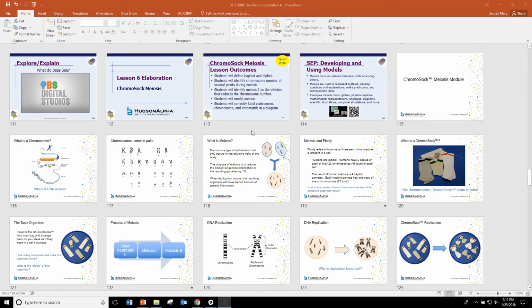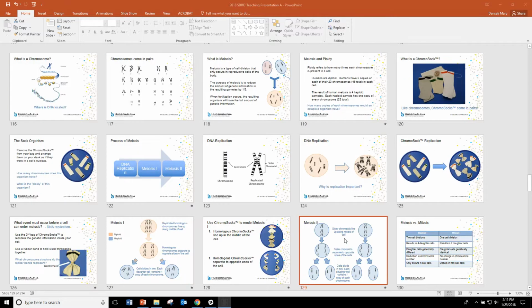So that said, let's go over an overview of how this lesson works. In this lesson, students do some background building about meiosis, and then get involved in what chromosocks are and are introduced to the sock organism. There's some clarification about our good friends, the chromosomes, what DNA replication means, and what that looks like with chromosocks. So students take these socks through the phases of meiosis, stopping along the way for you to check and make